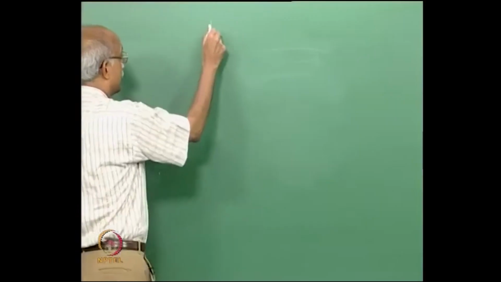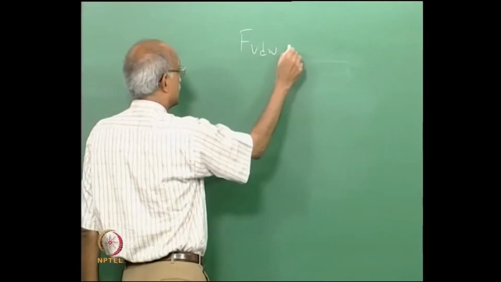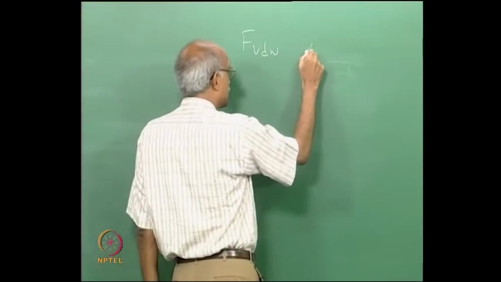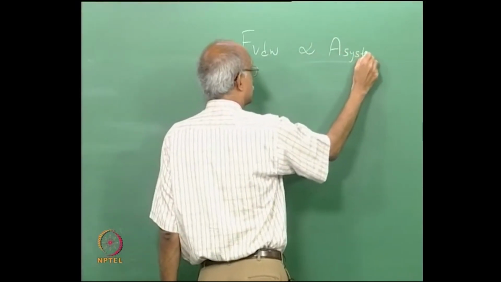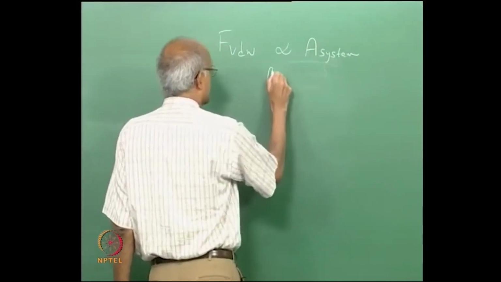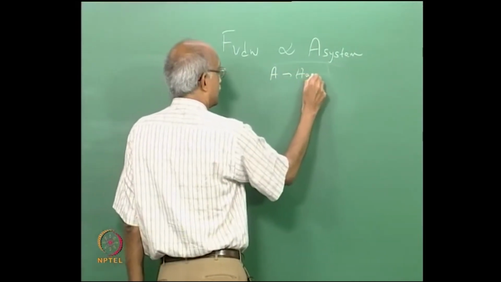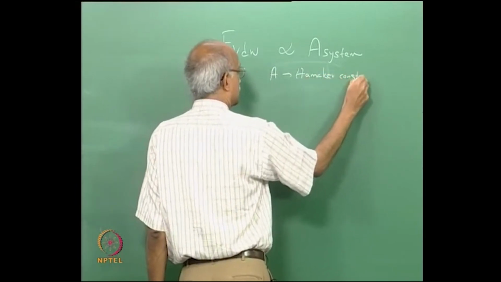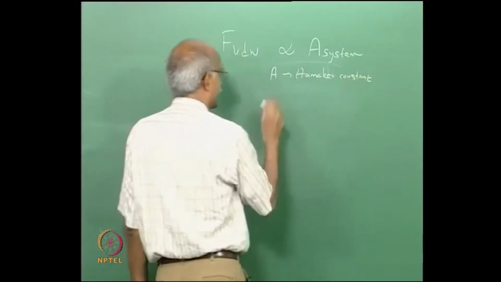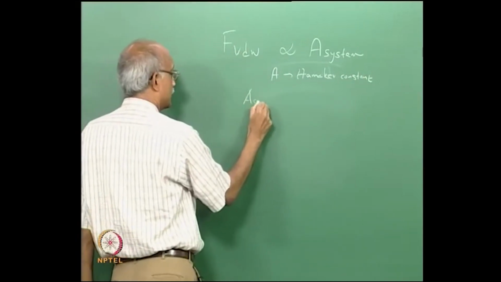So this F van der Waals is a function of the Hamaker constant of the system. The Hamaker constant is represented here by A, and this A itself of the system